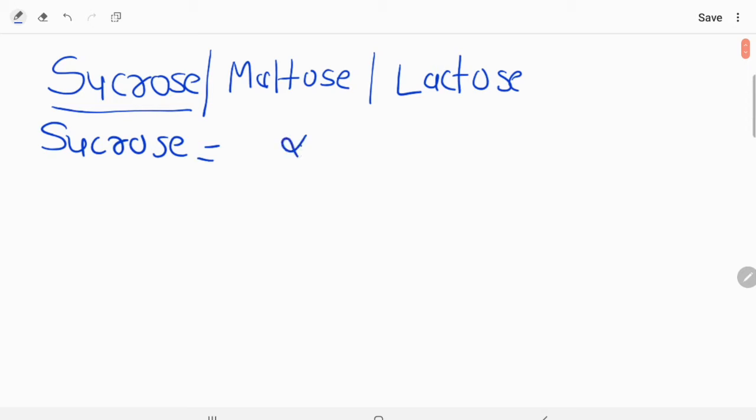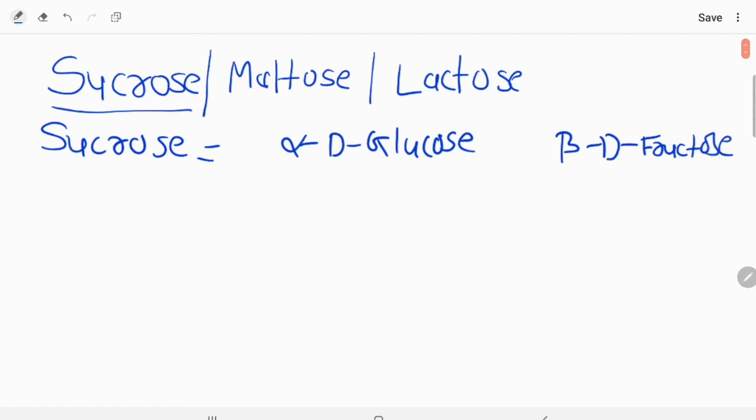of alpha D glucose and beta D fructose. And one thing that you have to keep in mind, here the bond is between carbon 1 with oxygen and here of carbon 2. Okay, so first what you will do, first of all you will